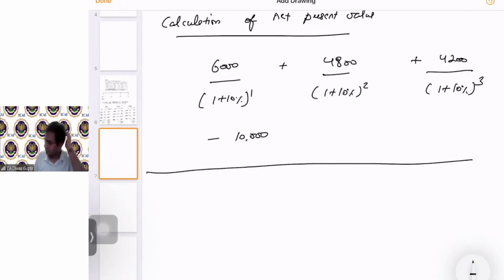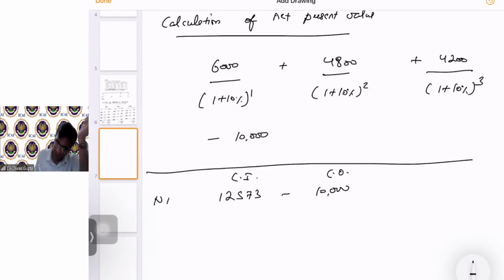Correct? So if we solve this, then it becomes 12,573 minus 10,000. This is cash outflow, this is cash inflow. NPV will be